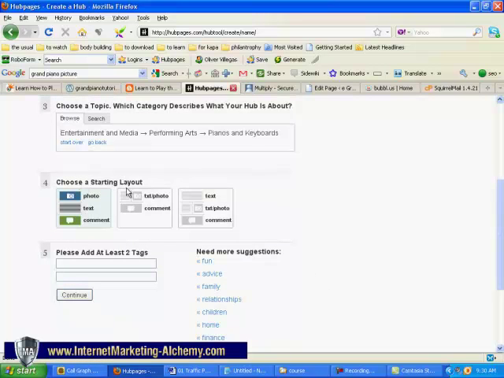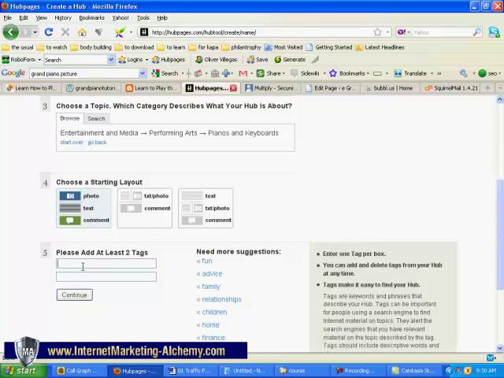Then step 4, choose a starting layout. Photo, text, comment, this one looks good, so I'm going to keep it at that. And this is where we can enter a couple more keywords. Generally 3 to 5 keywords can be added here, and that's a good number to start with. So grand piano for sale, grand piano tips, buy grand piano